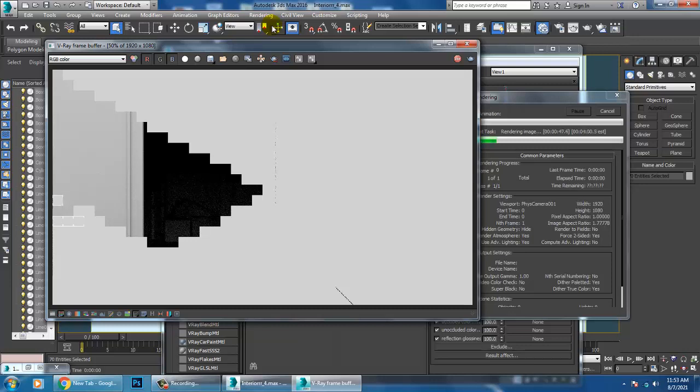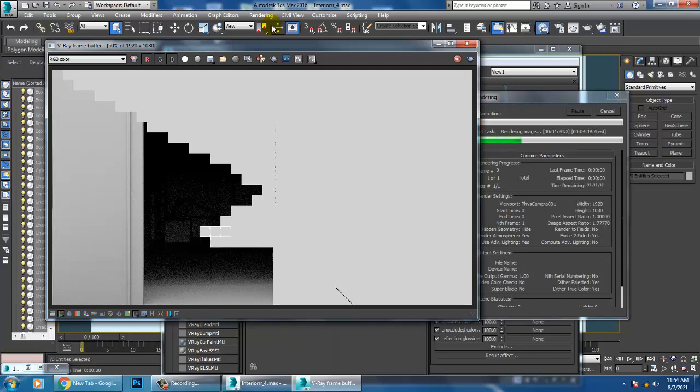So that's the reason we are adding a Z depth pass, for achieving that depth. There's a lot of noise.